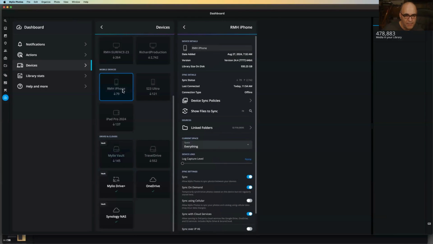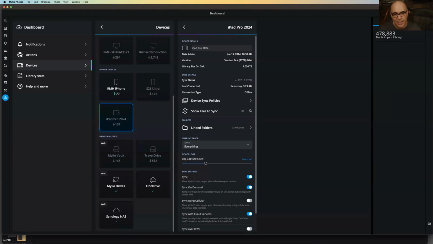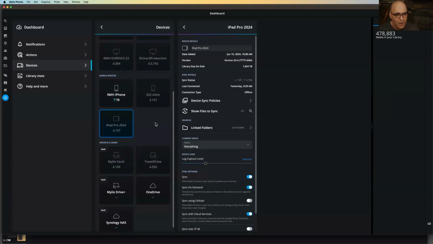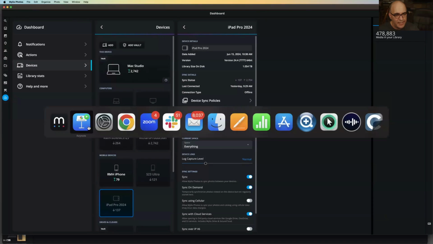So every picture on my phone, my Android phone, our family iPad, every computer, when that device is on, I'll just launch Mylio on my phone, that device will pick up that there are pictures that need to be sent in, and it will connect and start to transfer those to backup. See, now it's starting to sync those. So with each device that you enable, as you turn devices on or they're powered on and on the network, those pictures will then back up and it will pick up the changes that it needs,